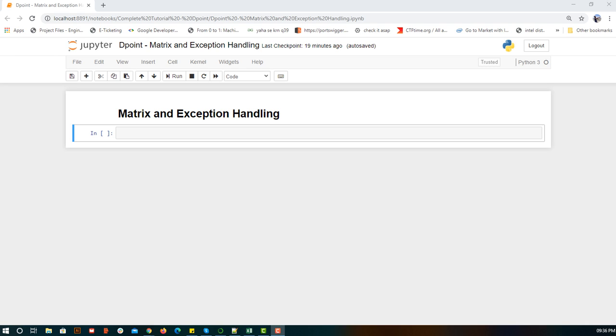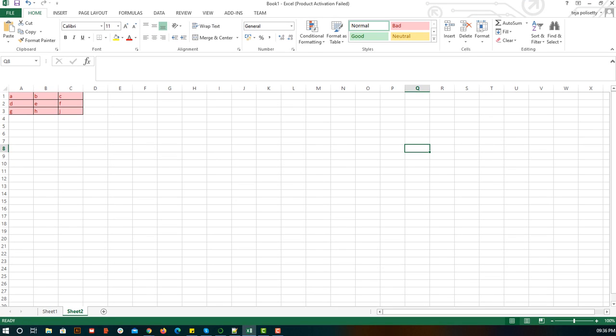So these three things we are going to cover today. If you are not at all aware of what a matrix is, I have written something in the Excel sheet. If you see this A, B, C, D, E, F, G, H, I, if I click on A, you can see the cell that is selected. The cell number is A1. How is it saying A1? A is the column and 1 is the row. So A1 is the value that is selected as of now.